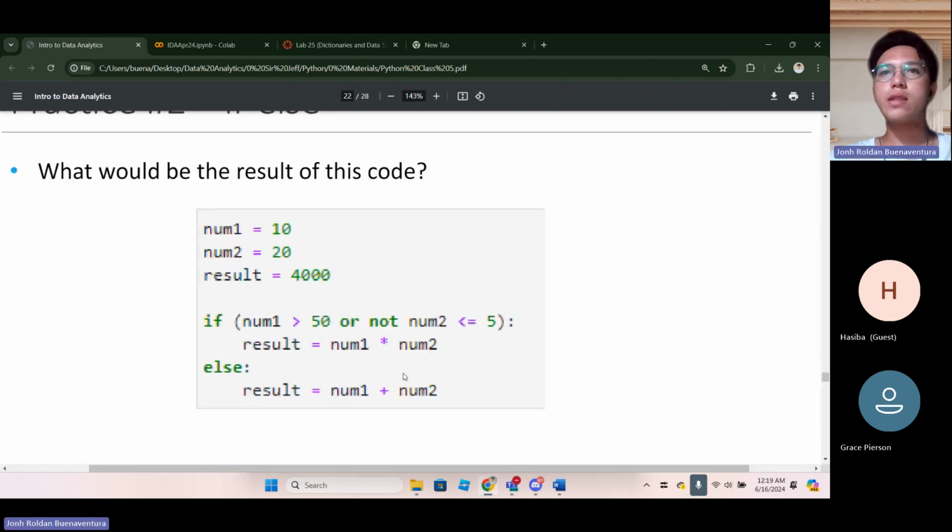Did you practice this one the last time? What would be the result of this code?